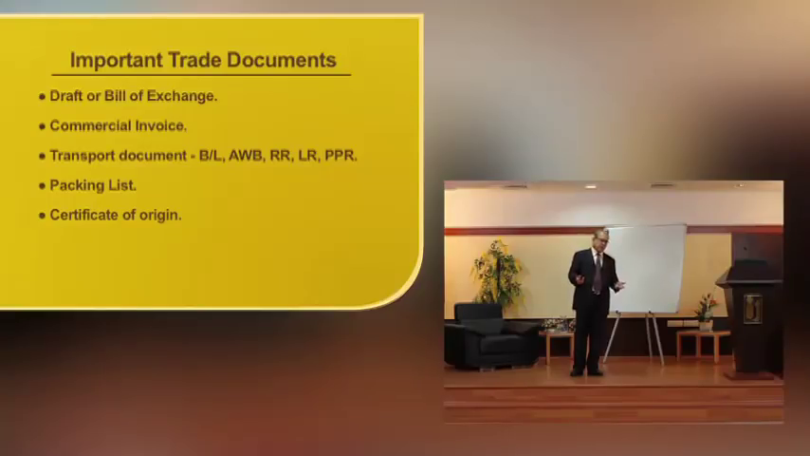It's an unconditional order on the buyer, who is also called the drawee. On the due date or on presentment, the drawee, or the buyer, is supposed to make payment. That is what a bill of exchange means. Next,